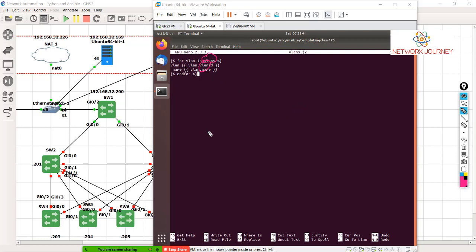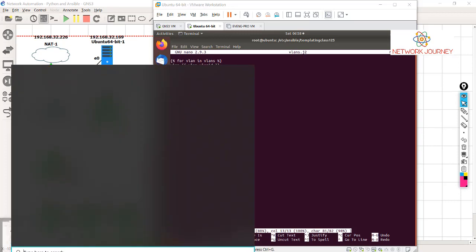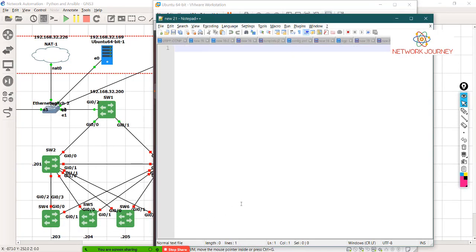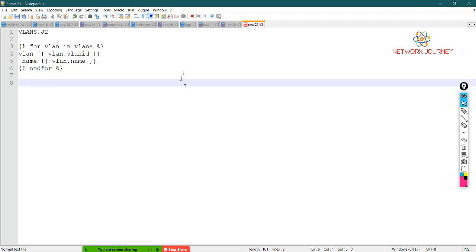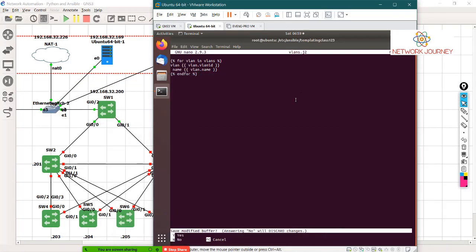So what I'll do is I'll copy paste these lines and place them in the notepad, because then I can show you later on. So let's say this is my notepad. I say VLAN.j2, and this is my first file. Okay, let's save this.